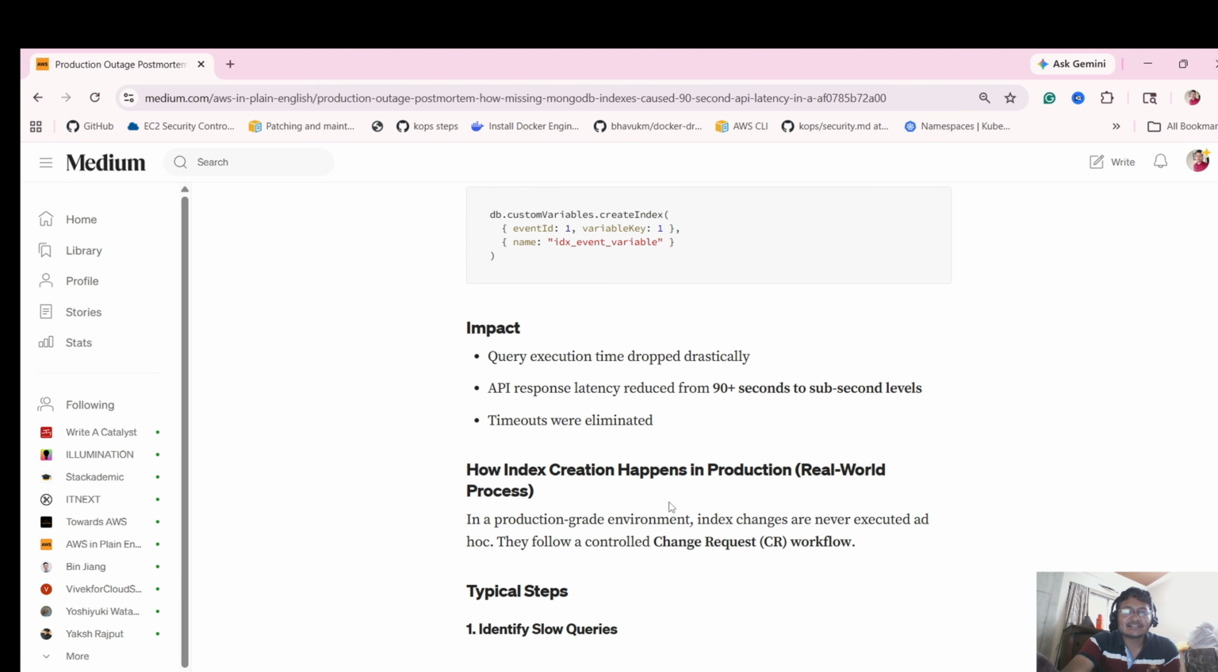So how does indexing happen in production? If I talk about the real-world process, in a production-grade environment, index changes are never executed ad hoc. They follow a controlled change request workflow. On this also, we raised an emergency change request, and all the steps that we wanted to perform were documented. Actually, the steps were documented later. We raised the change, but since the issue was urgent,